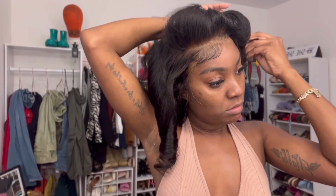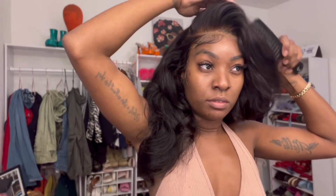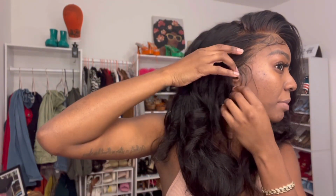So I told y'all I was coming back to show y'all how this hair turned out and if it was given. All right, y'all. So I'll probably push this back. But this is what we have, is body and it's given. And yeah, we have restyled this wig yet again. So this company, thank you for this unit because it is giving